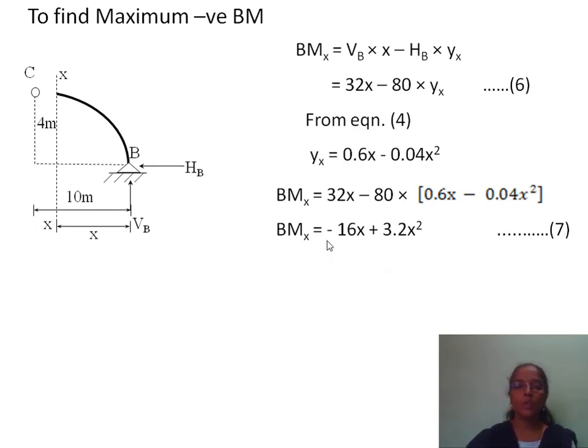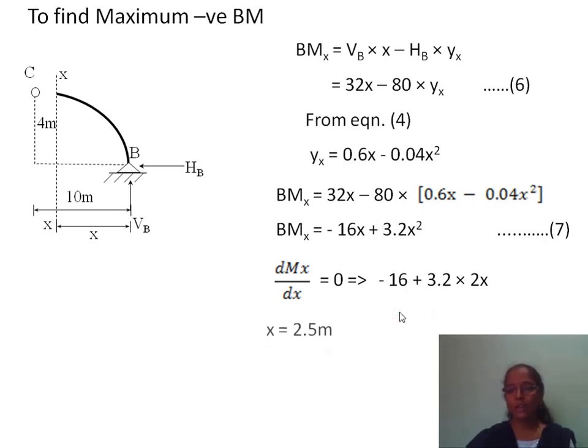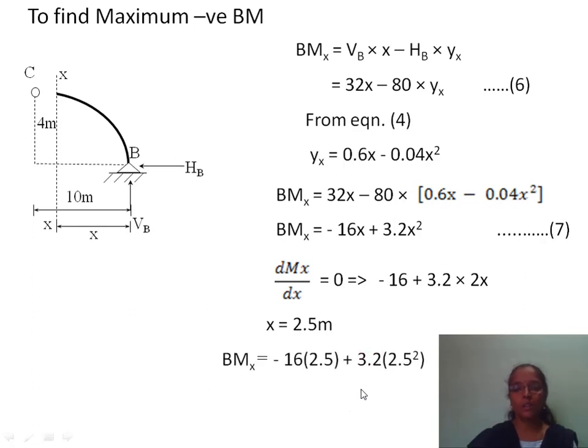Again, the position is obtained by differentiating this equation 7 with respect to x and equating it to 0. So dMx by dx is equal to 0. That implies minus 16, differentiation of minus 16x, plus 3.2 into differentiation of x square, which is 2x. So that gives a value of x as 2.5 meter. Substitute this value into equation 7. So that gives the maximum negative bending moment value of minus 20 kilonewton meter. So the maximum negative bending moment occurs at a distance of 2.5 meter from end B, whose magnitude is